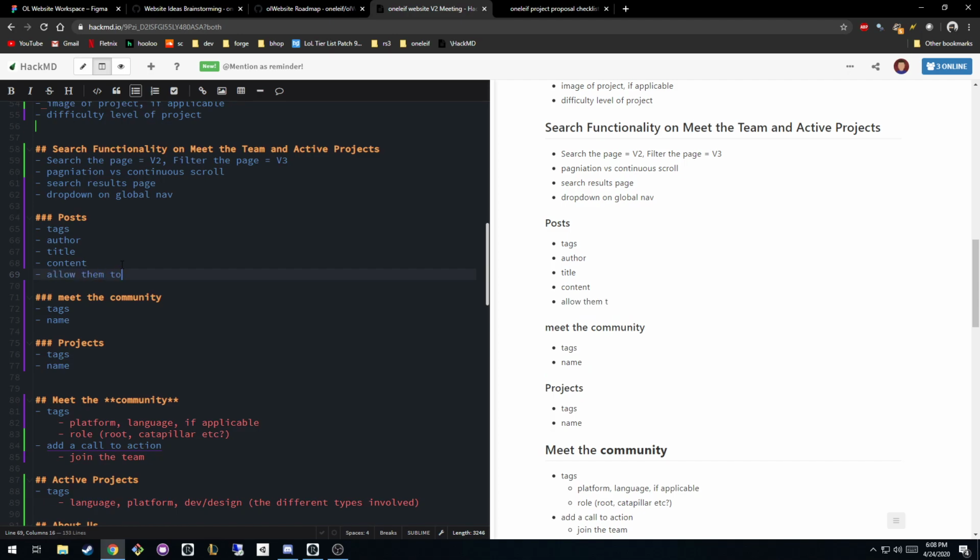But I don't want to stick on that too long because maybe that's V3 or 4. So let's not bike shed on that too long. I really like that idea though, because I would hate to go on the website and see, like you said, a cool project that I thought people were active on at some point and they're not anymore, and we don't want that at all. So V2,